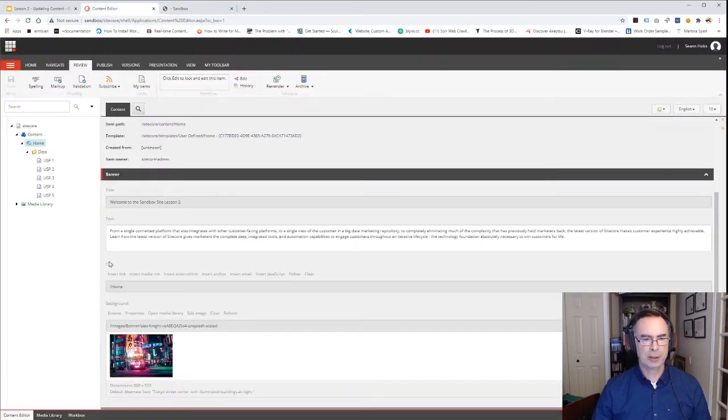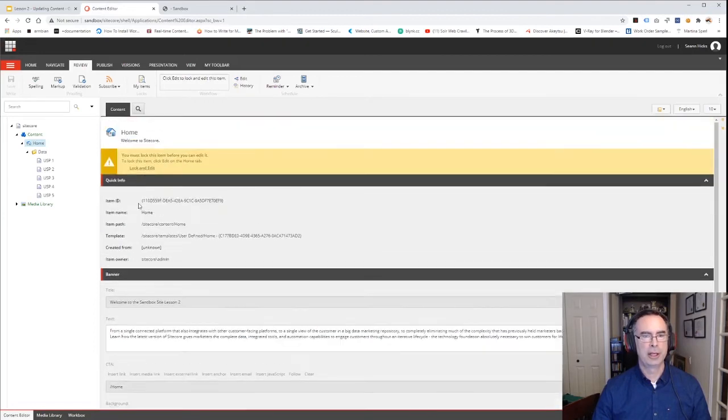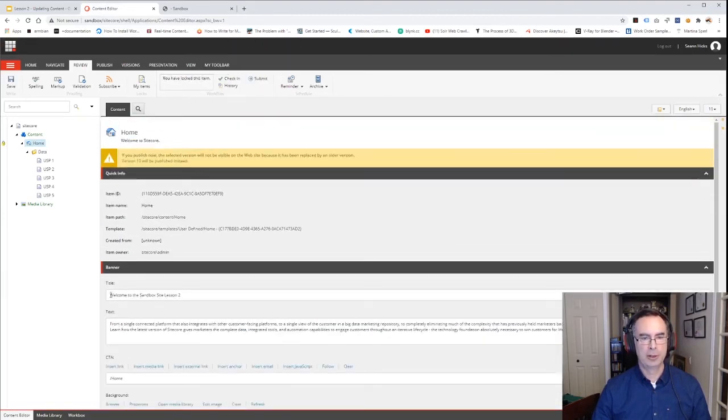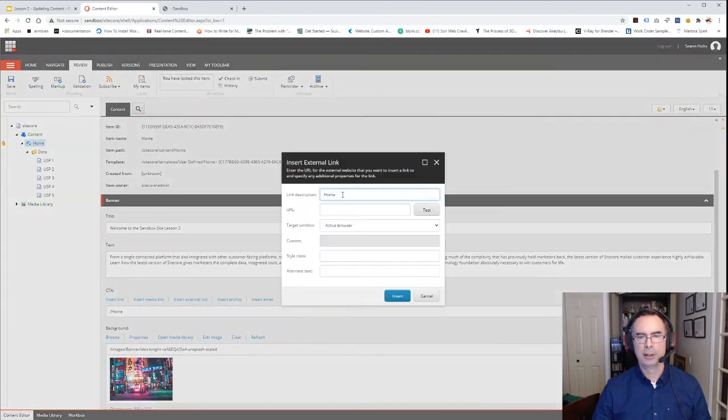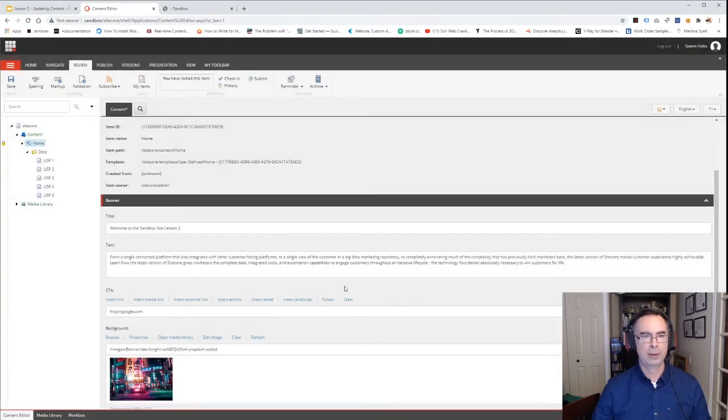So that's links. Let me just change that again. I'll set it back so you can see the general link. So if you're linking externally, you're going to use external link. So this, you can use Google. It's google.com. I'm going to change it to open a new browser because it's an external link. Insert, save,